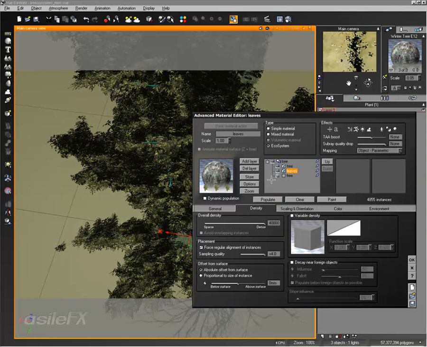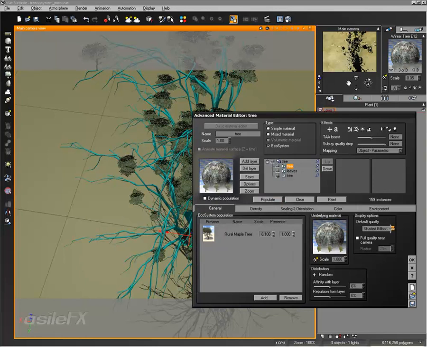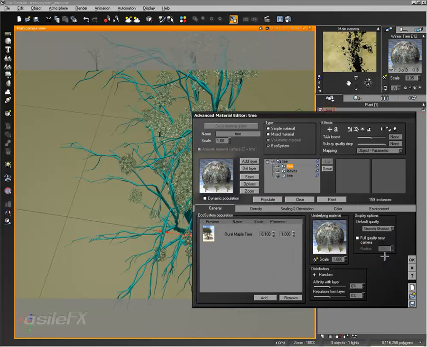Previously, if we were to use dynamic population, say, it would change every layer to dynamic population, and we were completely restricted to the entire material being that type of population. Well, now we have more control over the ecosystem layers. So now this leaves layer is dynamically populated. The layer above is a standard population, which means I can also go over to the General tab and just show all of these as smooth shaded